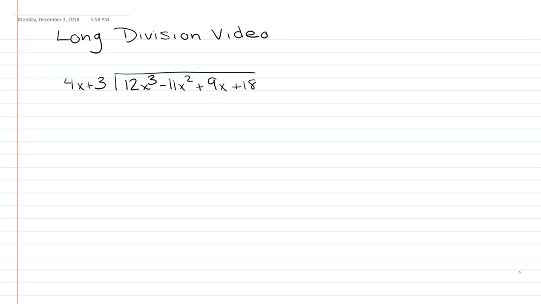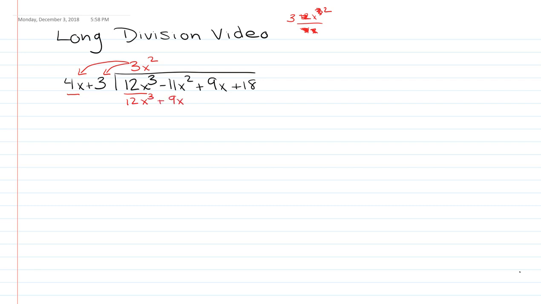So remember, for long division, we take the first term here and we divide it by this first term. So when I do that, it's going to be 12x cubed divided by 4x. So the x's will cancel. I'll be left with 3x squared up top. So step 1 was divide. Next, I have to multiply. So when I get that, it's going to be 12x cubed